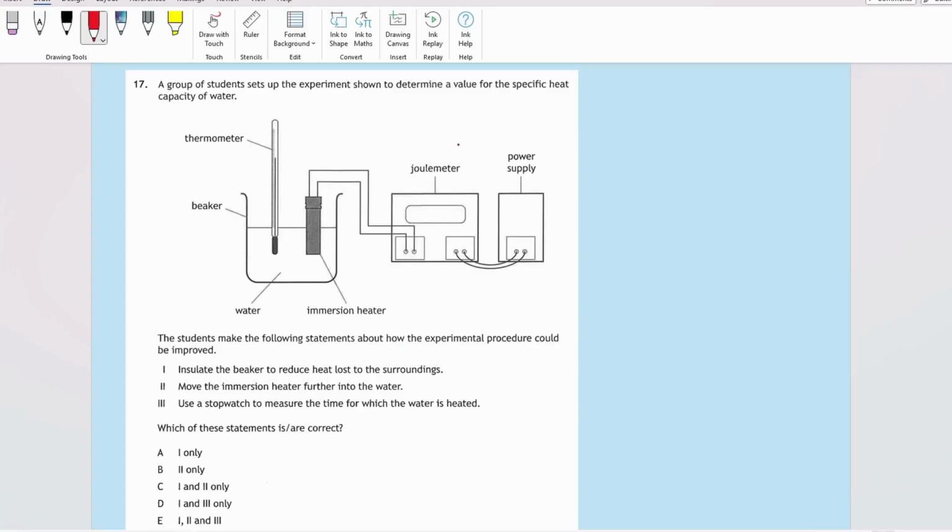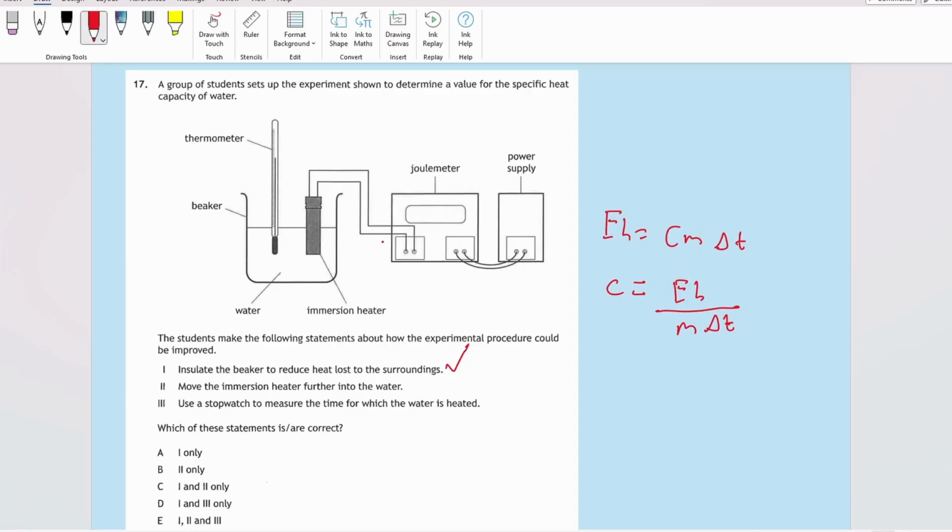So, we are investigating the specific heat capacity of water, and the formula that is used is E_H equals c m delta T. And now, if we rearrange for c, the specific heat capacity, c is equal to E_H over m delta T. So here we need the amount of energy supplied to the water, the mass, and the change in temperature. So 1 would be correct because this gives us a more accurate reading of the energy supplied,